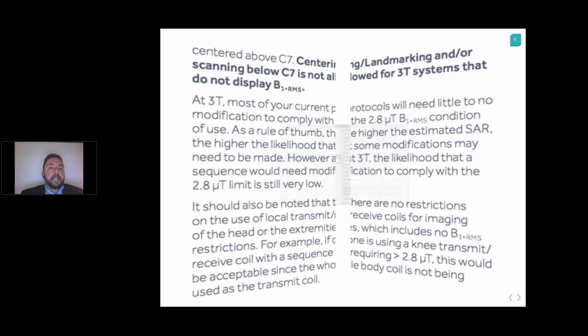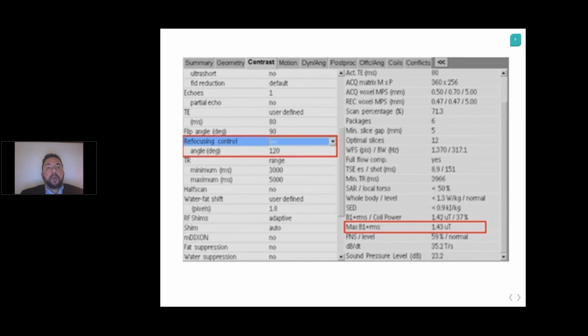So an example on the scanner, when we discussed the flip angle modulation techniques, we discussed the ability to take those 180-degree refocusing pulses and instead employing a lesser flip angle in that regard. In this case, the application of 120-degree refocusing flip angle modulation, tremendous